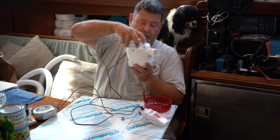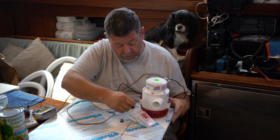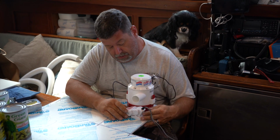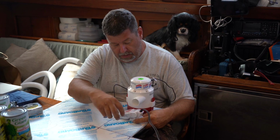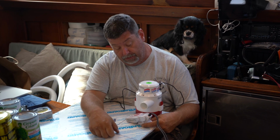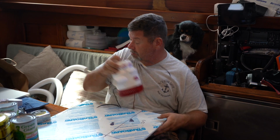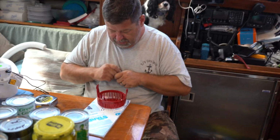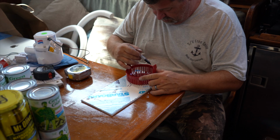let's see here. Let me think through this real quick with you guys, because I also have another bilge pump down there I would like to mount on this board. So if I do that, that will have enough clearance. Then I can mount the other one right here. I like that idea. So that's what I think I'm going to do. First things first, let's make this a little more manageable. Here it is. Okay, so what we're going to do is mark